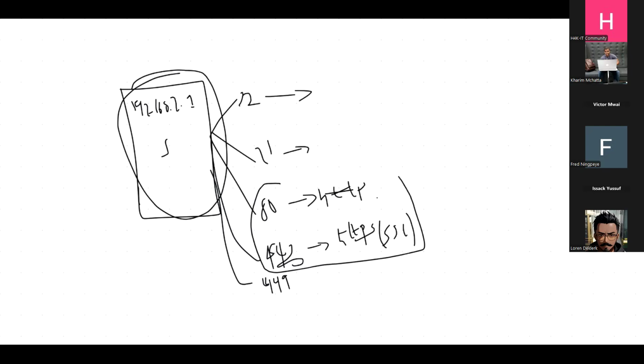And then port 21 will be FTP. And then port 22 will be SSH. This one gives you a secure connection into the server as an administrator remotely. So that's the function of port 22. And then 449 will be SMB. Now from here, using your